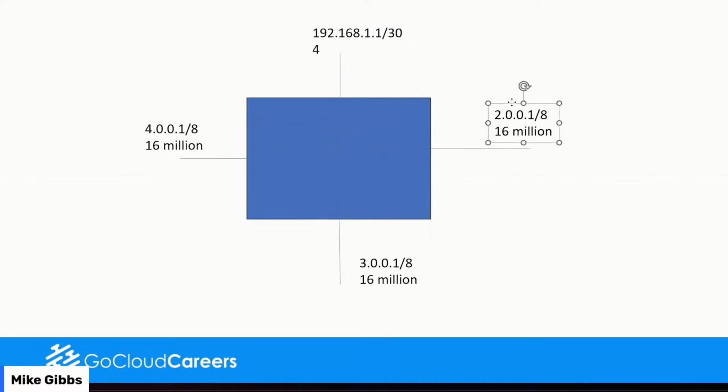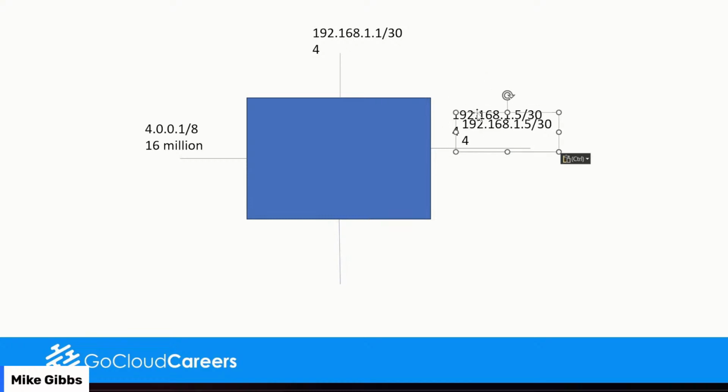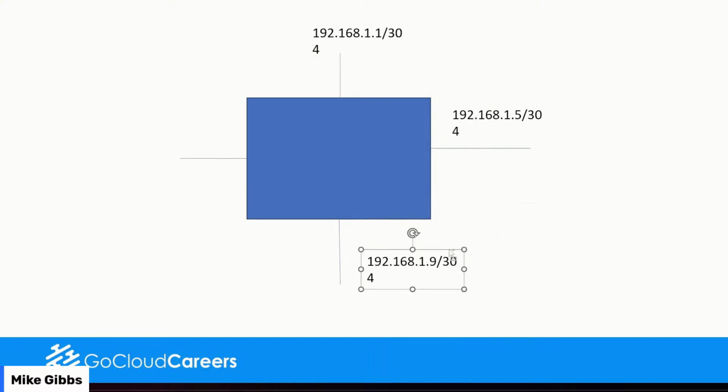Now, this next one will be on the next subnet, and this is why you have to understand this, and we've got an 8-hour video for you to watch. Now, this next one is going to be on the next subnet up, which is .5. We now burned 4 more addresses versus 16 million. I hope this is making sense of why this matters. Now, in this particular case, we're going to put this on the next subnet, which is going to burn 4 more addresses. And now while we're over here, we're going to use careful subnetting, otherwise known as classless interdomain routing.